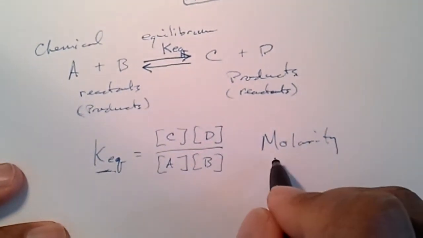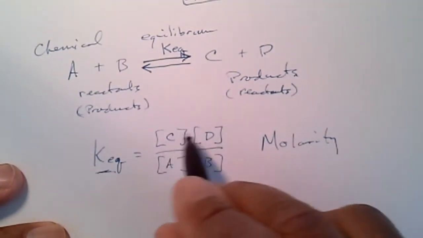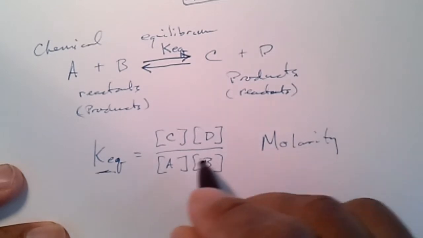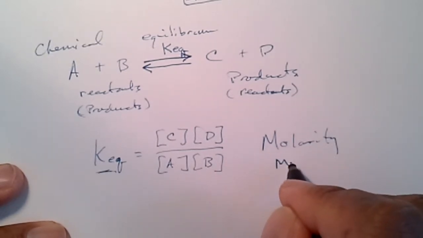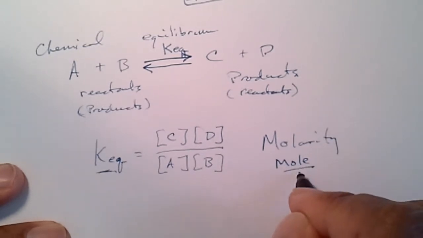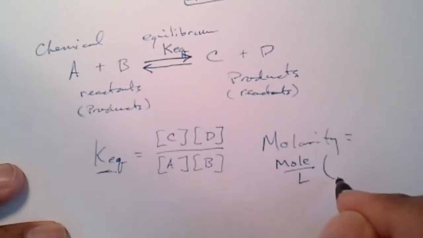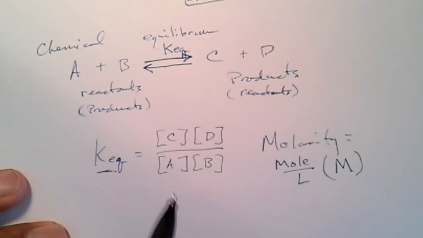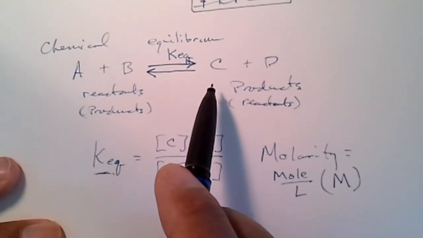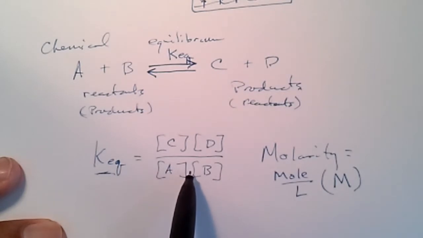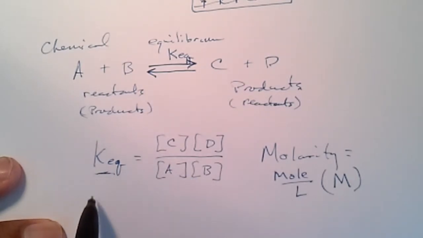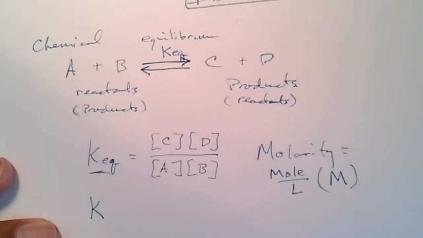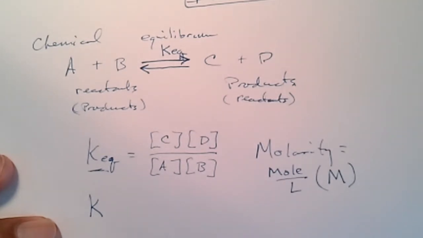Okay, there are other concentration units, but typically the expression is in molarity, that is, your molecules are in solution. Molarity is equivalent to moles per liter with the symbol big M. So equilibrium in a chemical expression can be determined for chemical reactions, and this is a constant, K being a capital letter signifying constant,